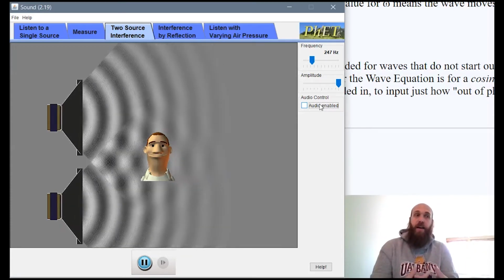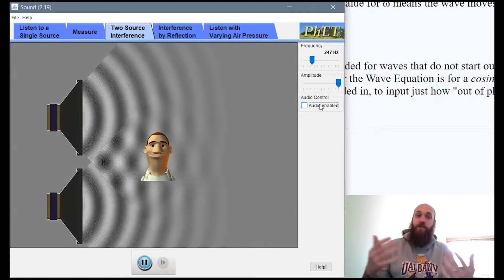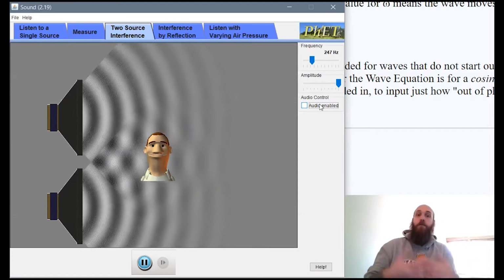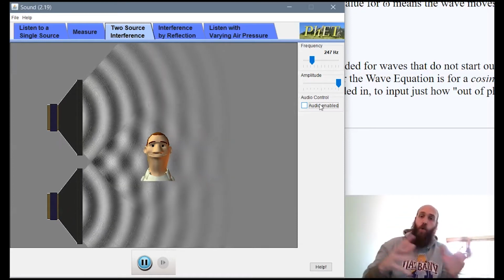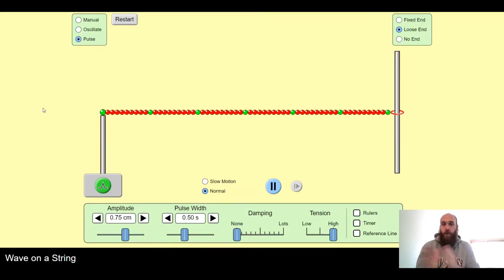And what that means is that if a compression matches with a compression, you get a bigger compression. If a rarefaction matches with a rarefaction, you get a bigger rarefaction. That's a hard word to say. But if there's a compression with a rarefaction, they're essentially going to cancel each other out. So this idea of interference works for both your longitudinal waves and your transverse waves, and I think it's a